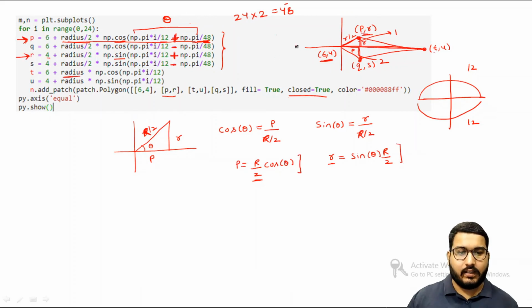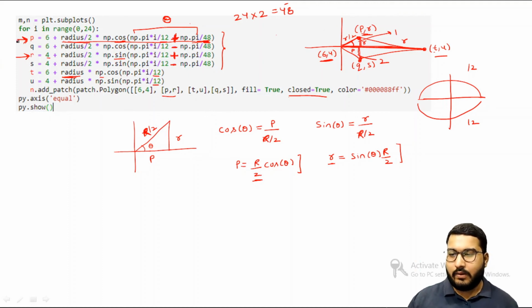Regarding your t comma u, which is this point, we are not taking a radius divided by 2, because this complete length will be R. So I'm just taking R, and I'm also not taking this plus and minus, because I don't want it to rotate my theta. My theta will remain in its position, and that's the reason I'm just directly using np.cos, and I'm dividing by 12, so that I can change my spike. So for spike number 1, I will have a different t and u value. Similarly for spike number 2, there will be some different value, and so on.